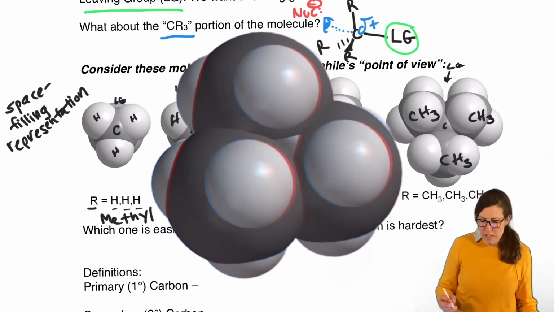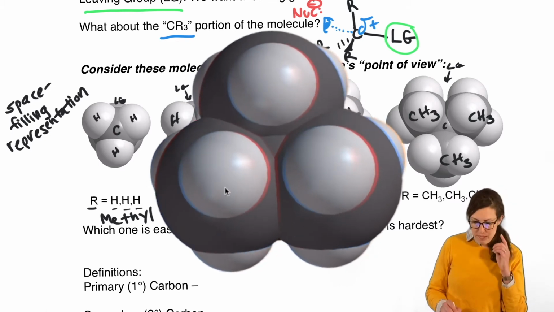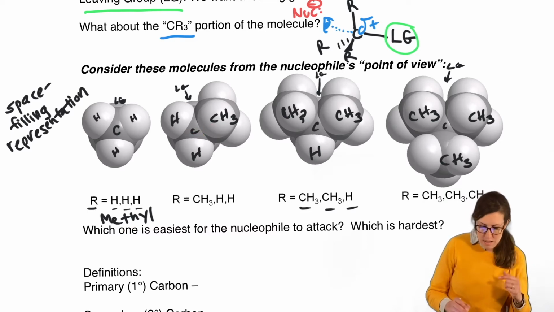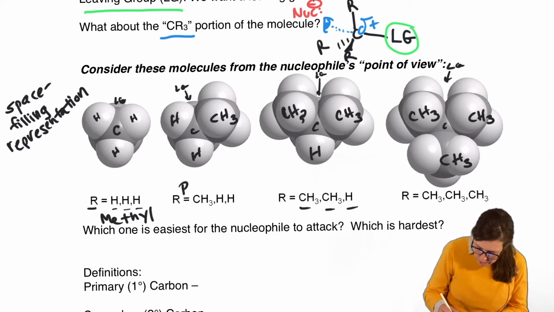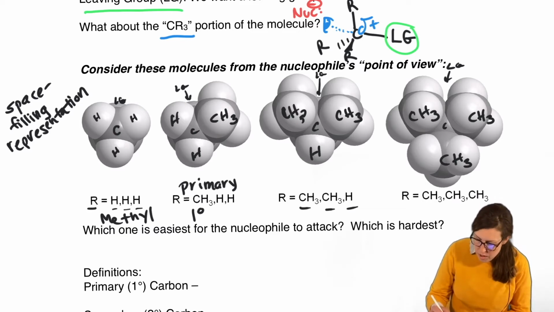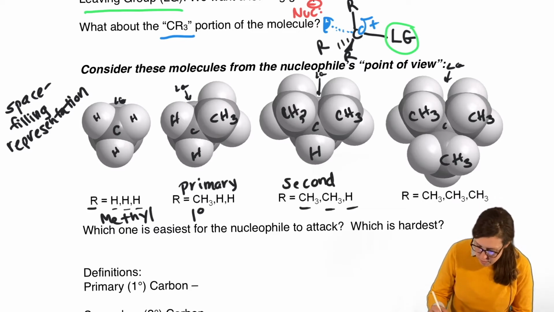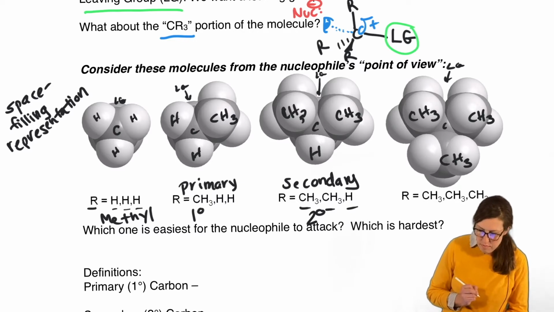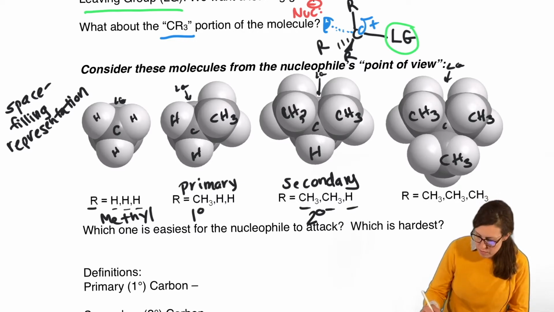There's a word to describe this. So if there's only one R group on a carbon, well, if there's none, it's a methyl, clearly, because it's all H's. If there's only one R group on a carbon, like in this case, it's called a primary carbon, okay? This is primary. So our substrate has a primary carbon with the leaving group. The leaving group is on a primary carbon, represented with a one degree symbol. Secondary means we have two R groups, okay? Tertiary means we have three R groups.